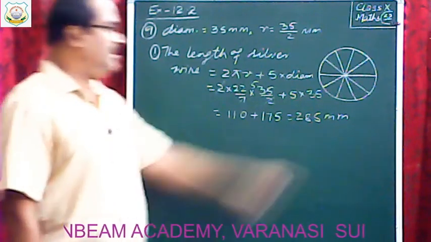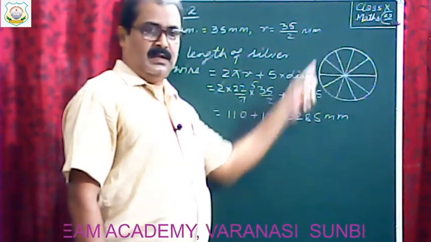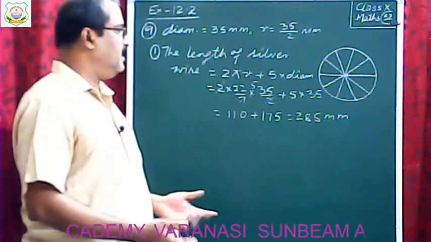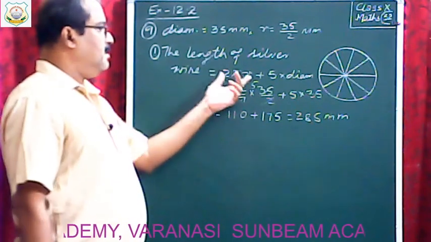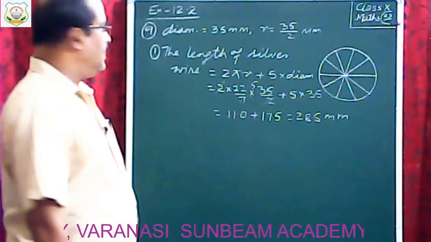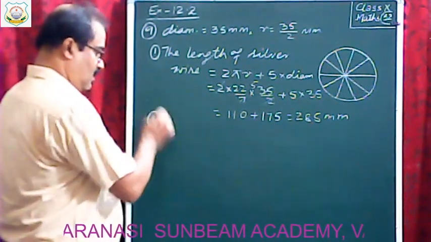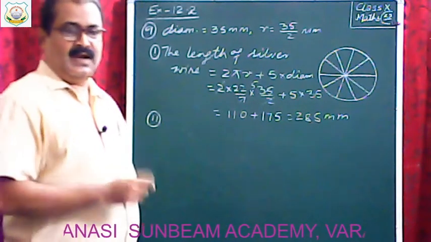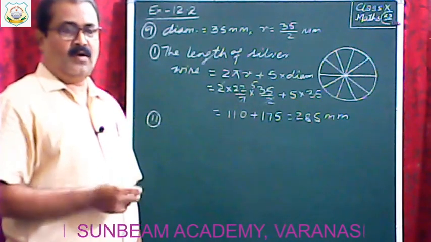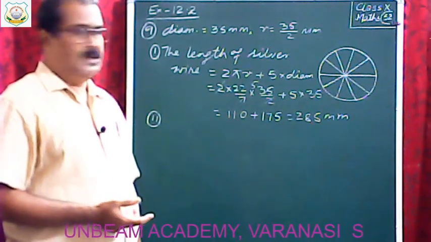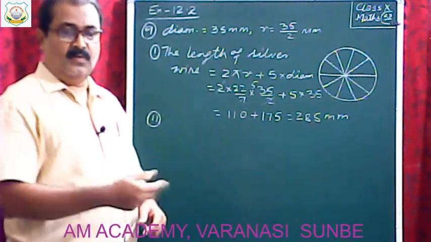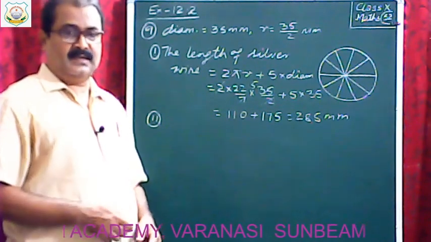Means this boundary of the circle is made up of silver wire and these 5 diameters. We have to find the length of silver wire, so nothing else. We have to find the sum of circumference of the circle and 5 diameters. That is the length of wire. Second part. These 5 diameters divide the circle into 10 equal sectors. We have to find the area of each sector. So very simple. This circle is divided into 10 equal sectors, then area of circle divided by 10, we get area of each sector.